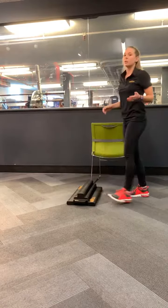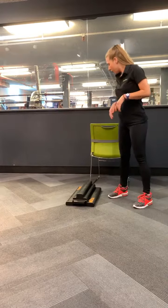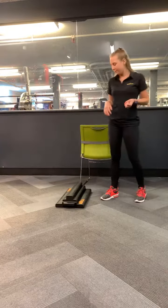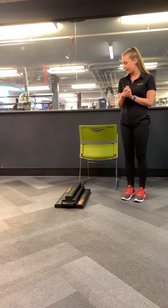And so you might find too that one side is easier than the other just due to tightness and weakness in those hips. But those are our 5 fundamental movements we're going to talk about today. As you advance, you might get into pulling and pushing, but that is all we have for today, so practice this at home daily, and just remember to stay